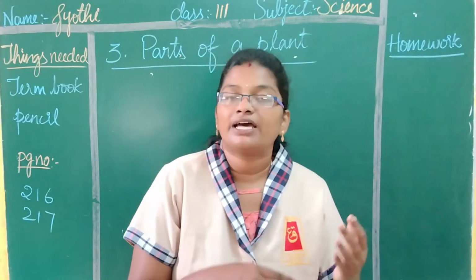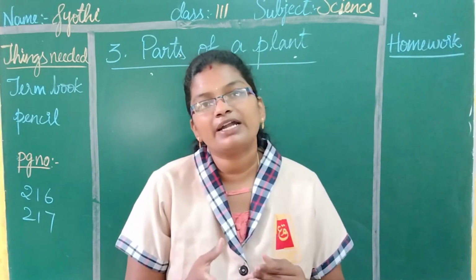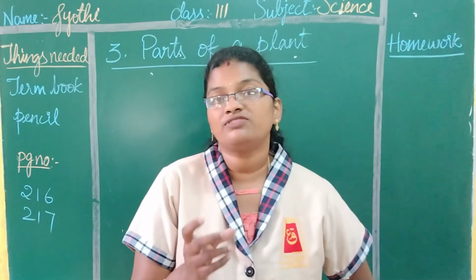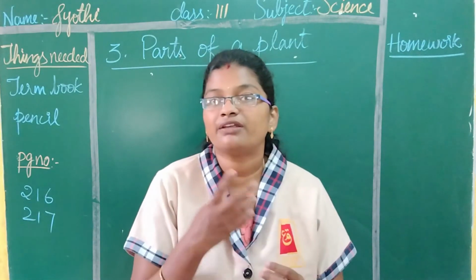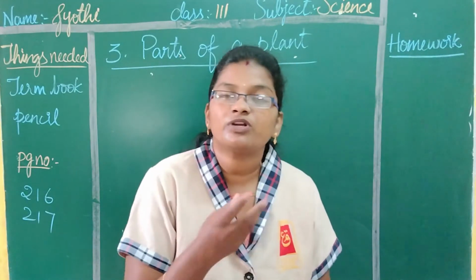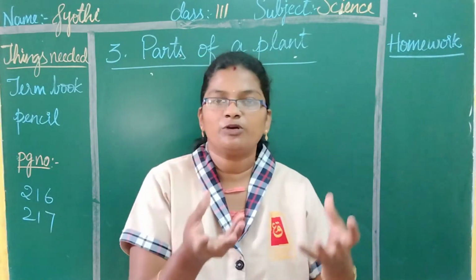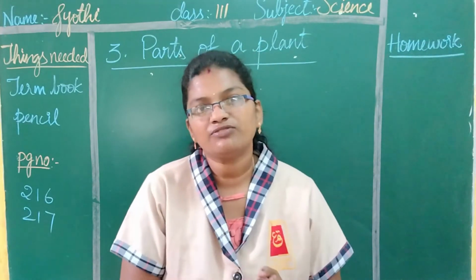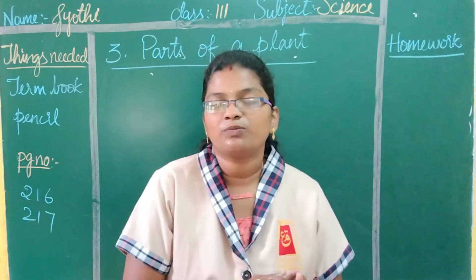In the same way, plants also have different body parts, and each and every part has its own function. Leaves are the main part of a plant because leaves are the ones which prepare food for the whole plant. And because of the flowers, reproduction takes place. And fruits, like if a tomato plant is there, tomato is a fruit. If a mango tree is there, mango is a fruit. They are going to provide us fruits, that is food.